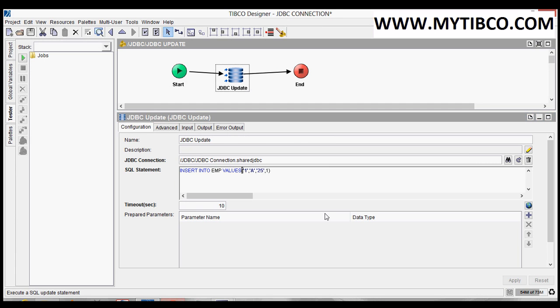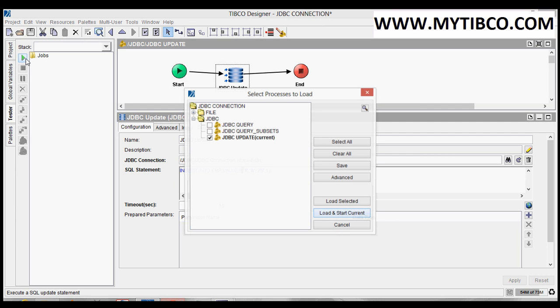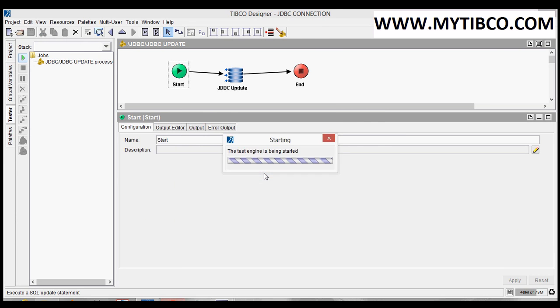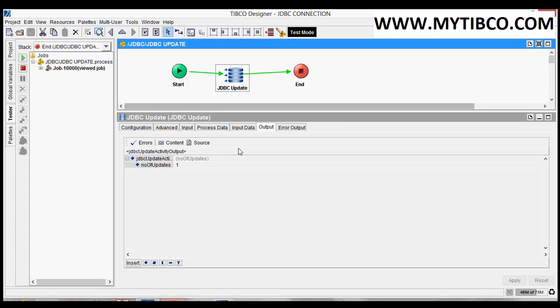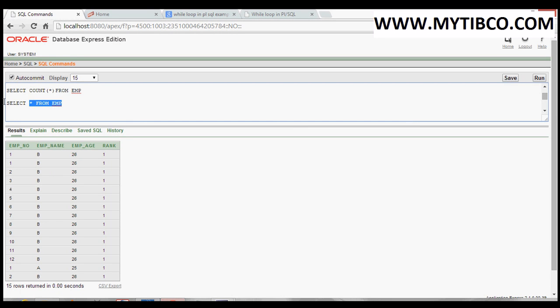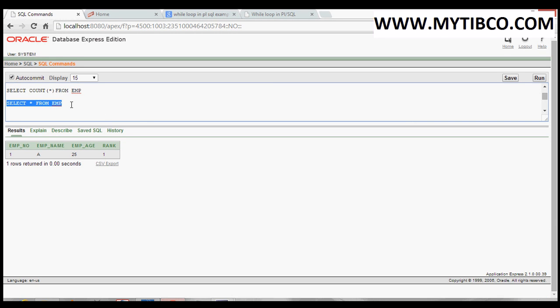Click on apply. Let's run it. See the output, it inserted one record. Let us see whether data is present or not. Select * from employee. See, it is showing only one record is present.